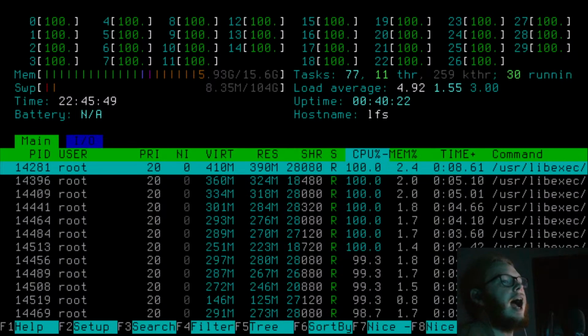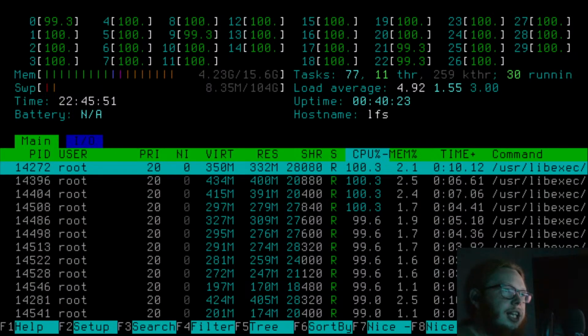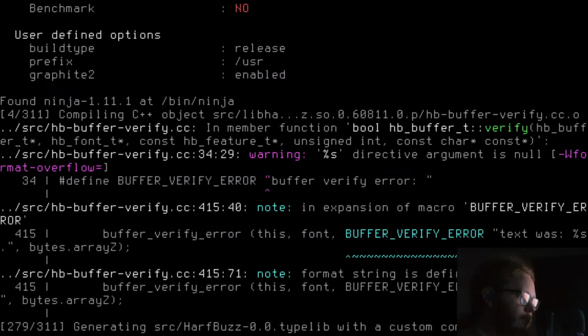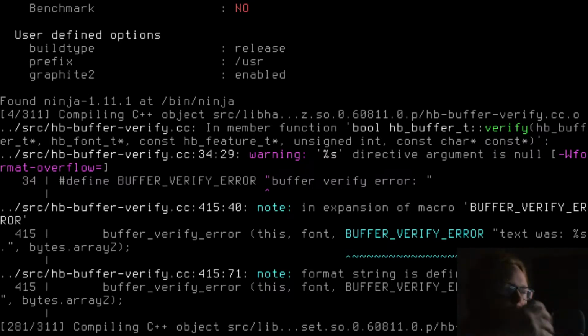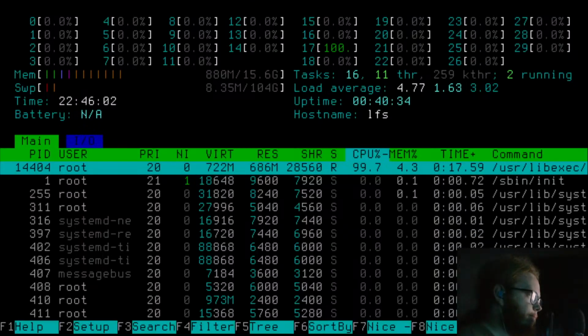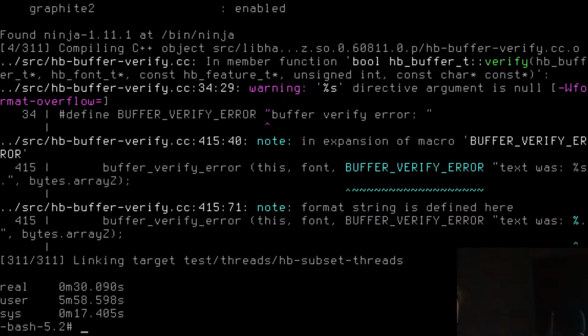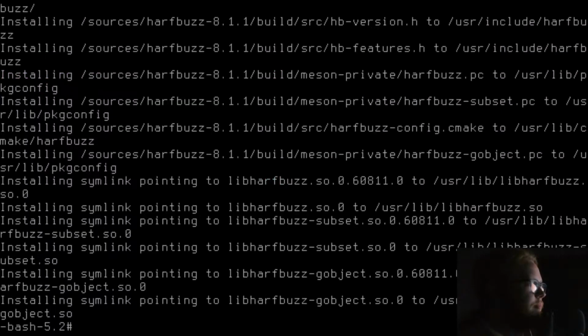Right. How is it doing 107% when literally all of the cores were hit? That's not how that works. It did find Graphite. And now it's stuck. Thank God. Okay.